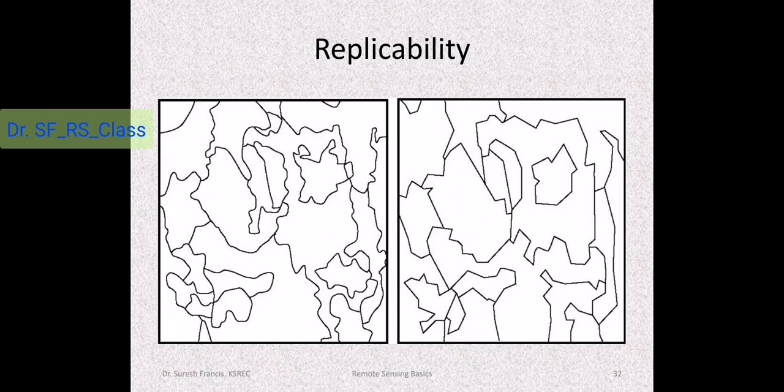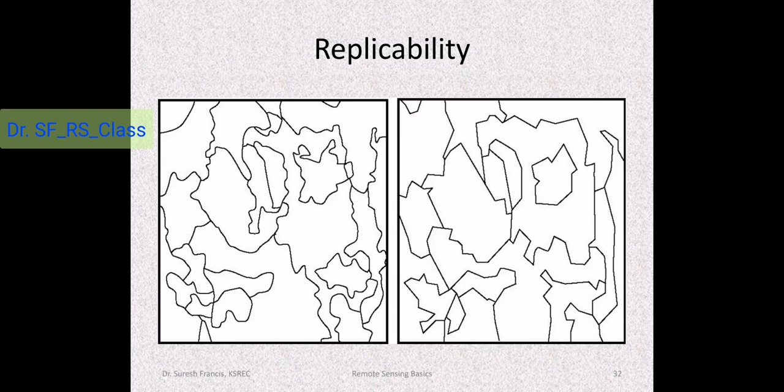So there should be a framework of what your interpretation distance should be, what scale you should map, and what kind of zoom you should use before drawing. Both these interpretations were done at two different zoom levels, so the left side has got perfect boundaries and the right side has got straight boundaries because the zoom level was less. So it's because the interpretation framework availability was not stringent, or it was not provided.